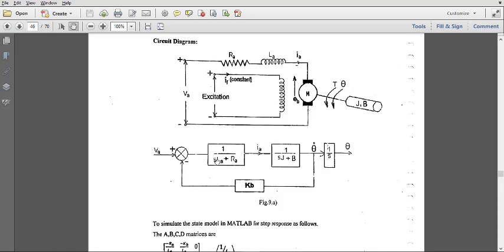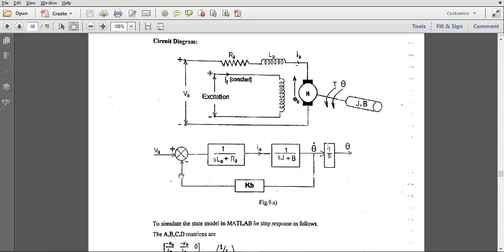Here S is the Laplace variable S. LA, RA are given here. I hope all of you can work out the problem and rewrite the equation so that you can have this block diagram just like this.